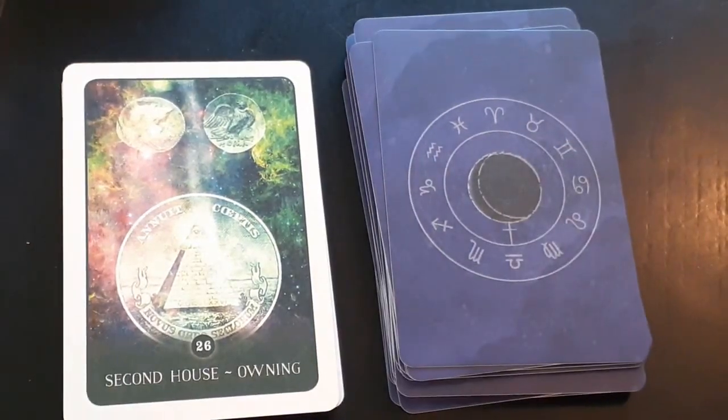Second house, owning. Money, how you make it and how you spend it. Being able to afford what you need to progress and move forward. Getting a raise, bills, coins, money orders, checks, credit cards, credit unions and banks, integrity, buying or owning land, building, carpentry, a cozy home, real estate in demand, old houses or businesses in a historical setting, the responsibility of owning things, career, extravagance, desires for luxury, objectives of